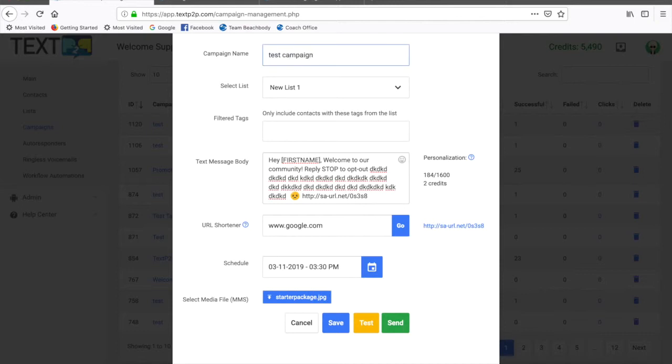Let's call this test campaign. But test will just send a message to yourself or whatever phone number that you have listed on your account. Okay, so it'll send a text message, and I recommend doing a test first. Now, if the phone number that you have on your account is not your cell phone number,